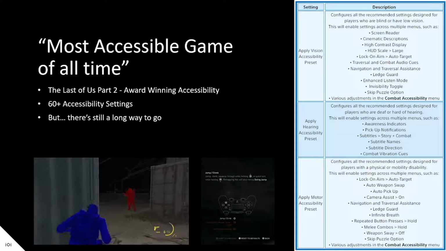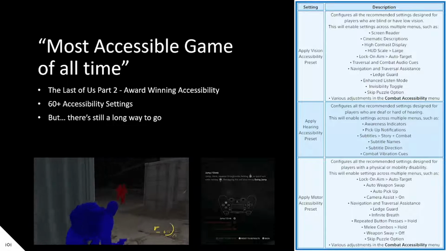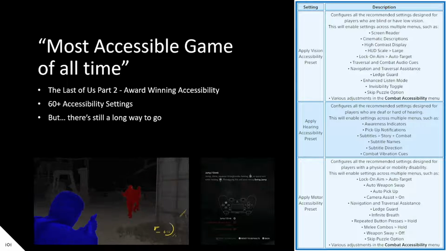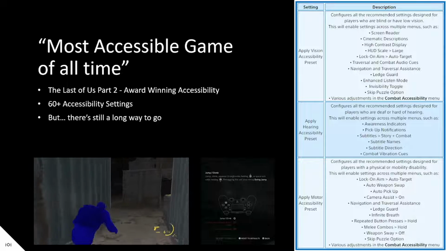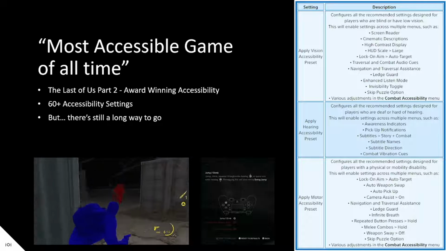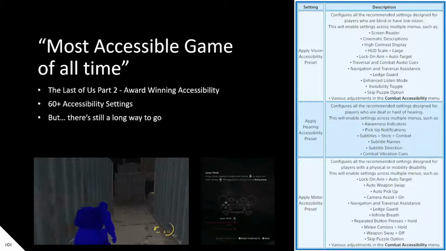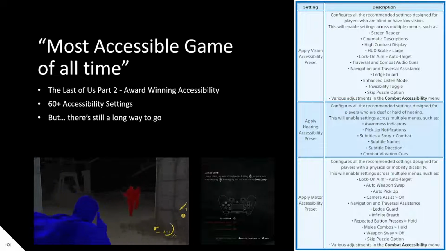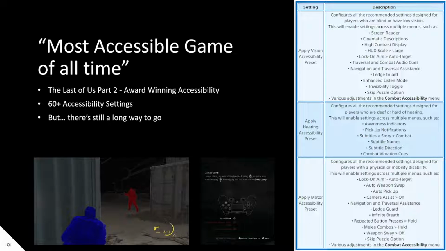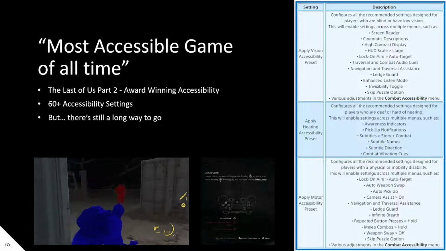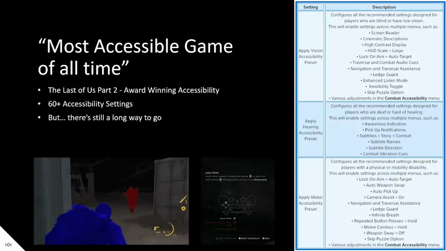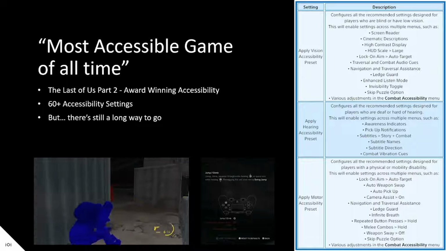When we talk about accessibility in games, it's hard not to talk about The Last of Us Part 2. When this was released, it was heralded as the most accessible game of all time. It won a lot of accessibility awards, and it really took the next step forward in what accessibility should be in games. It had over 60 options and covered lots of different disabilities for vision, hearing, and motor, and really did a lot to show everyone what accessibility could look like in games